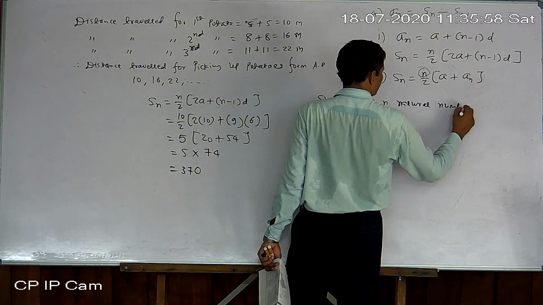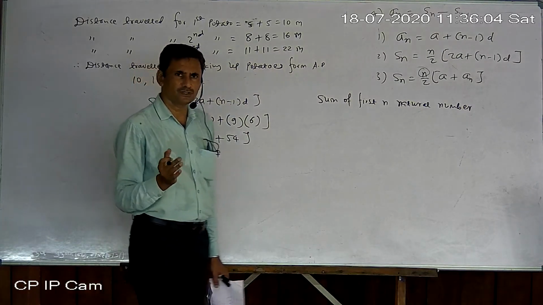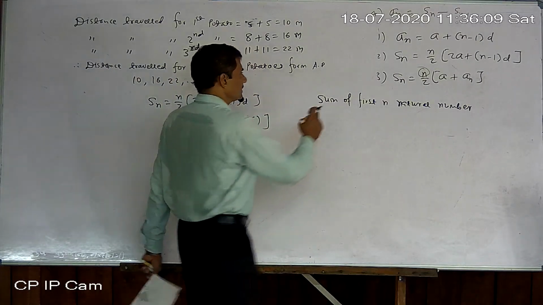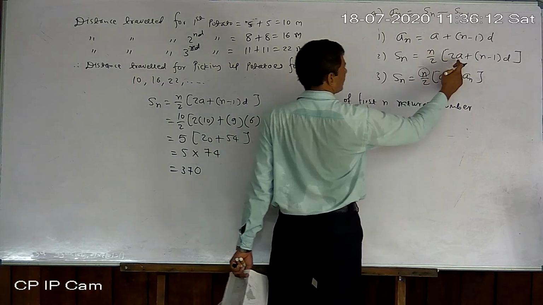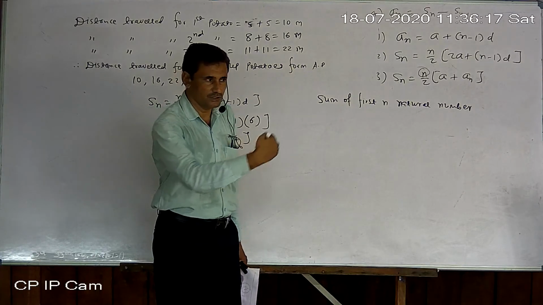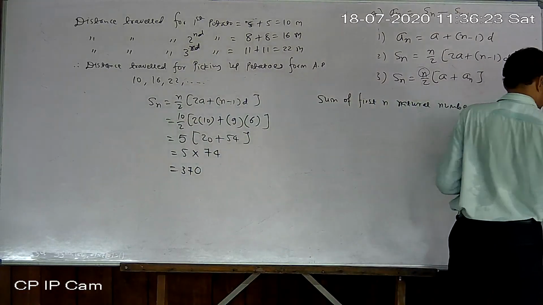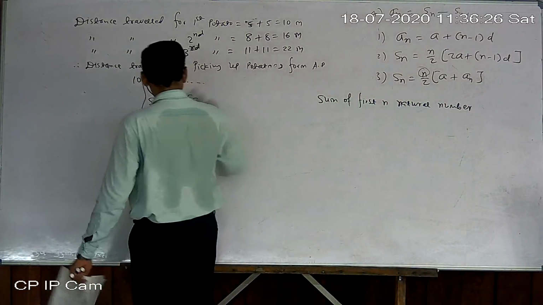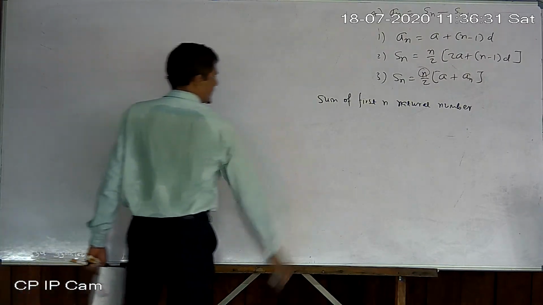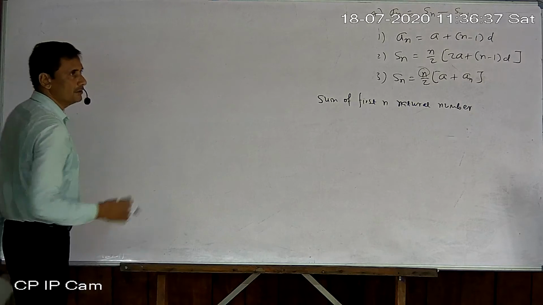Natural numbers mean positive integers: 1, 2, 3, 4, 5, 6. Actually that is not new, but for objective questions, for fast calculation, you have to remember it. Otherwise you can derive it also. For the sum of the first n natural numbers, n will be n only, a will be 1, and b also 1, because our series will be 1, 2, 3, 4, 5, 6 like this. So we can derive that too, but from now onwards you will remember it, so that you can give your answer quickly in an objective question.